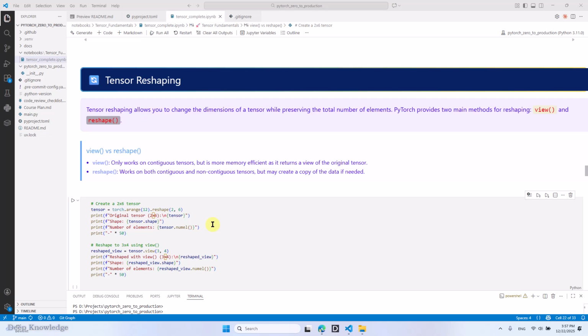Working with tensors is sometimes not straightforward. Sometimes you have a tensor and you would like to change its dimension. Let's say you have to apply some operations, like summation or multiplication, and there are some restrictions: the tensors have to have compatible shapes. To do so, sometimes you need to reshape the tensors, and reshaping is changing the dimension while preserving the